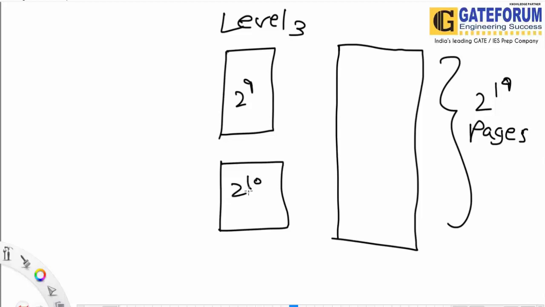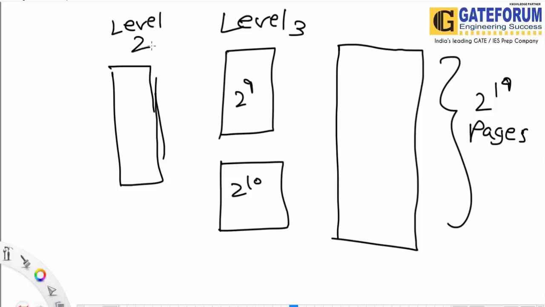One for 2 raised to 9 and another for 2 raised to 10, which can point to all of these particular pages here. Now, every one page of level 2 can point to 2 raised to 9. Every one page of level 2 can point to 2 raised to 9, and then the remaining one we would require for